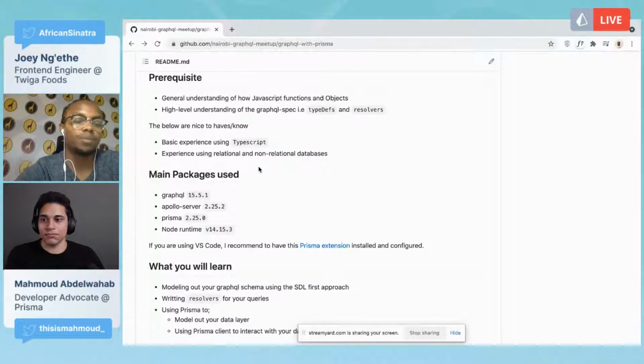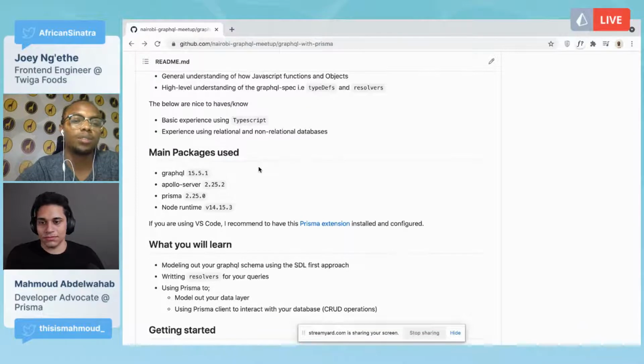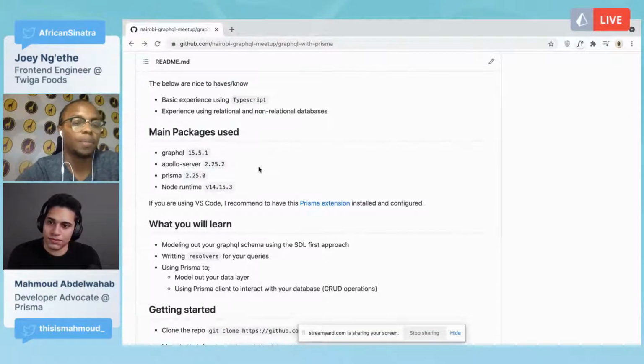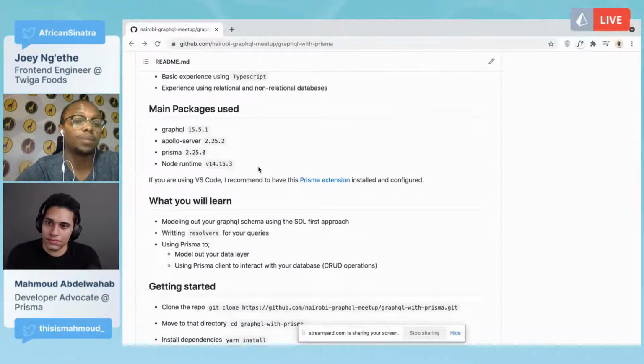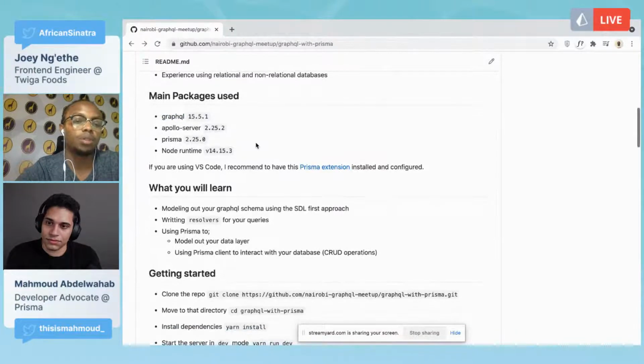Nice to have if you have experience with TypeScript, but it's not a hard prerequisite. The main packages that we're going to use are GraphQL and Apollo Server. This will be our server layer. And then we're going to use Prisma to interact with our database.